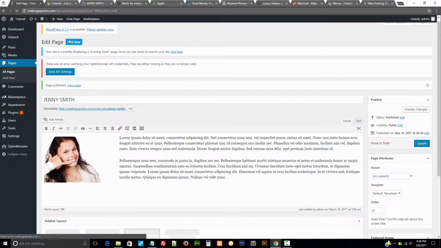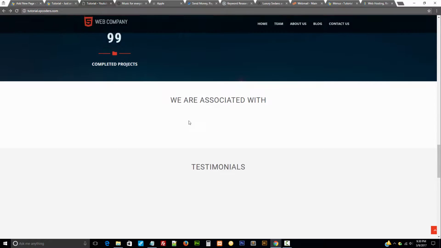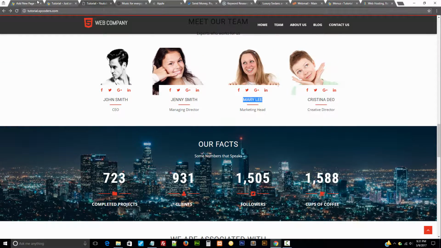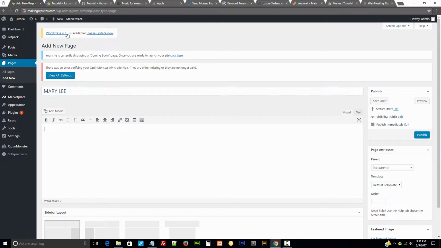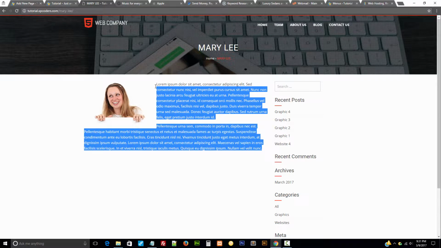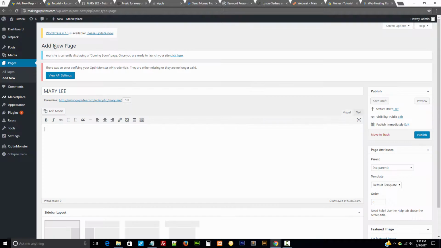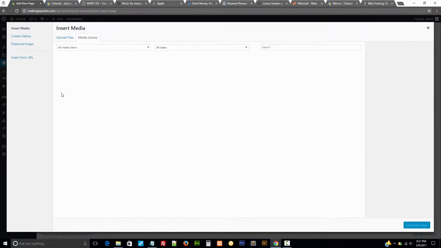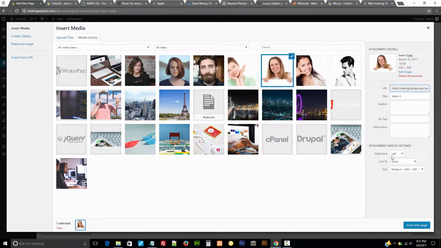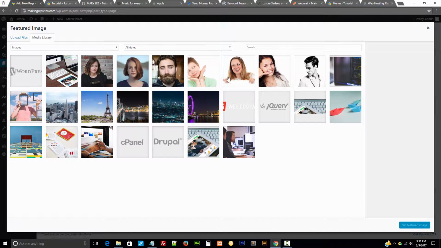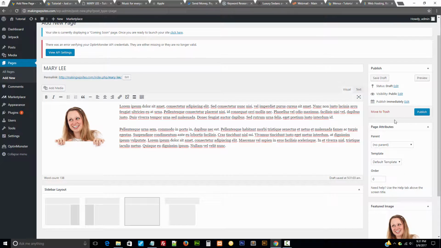And I'm gonna add the 3rd page, and let's see who is the 3rd one here. Mary Lee. I'm gonna add Mary Lee, copy the name, paste that there, and let's copy the text for Mary Lee. Paste that there, change the layout to full width, and let's bring the image. That is Mary Lee. It's already aligned to the left, so we're gonna leave it as is. Insert image, and we're gonna insert the featured image. Publish that,